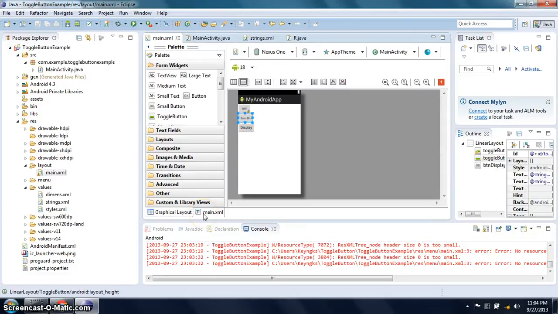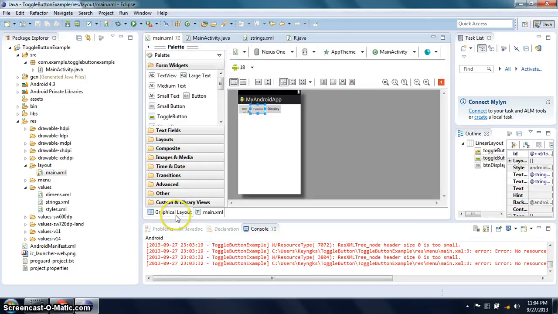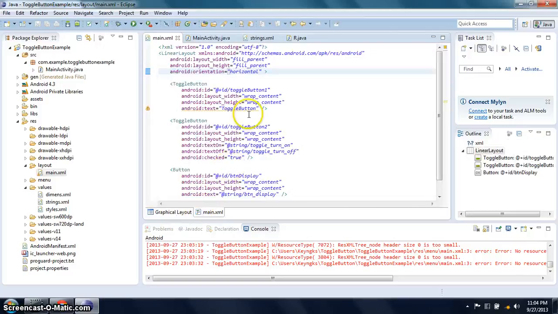You can change that into horizontal. Save. There you go. Now, if you notice, there are some yellow signs or warnings here. To fix this, you need to add